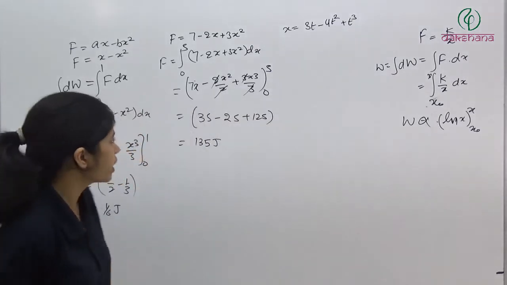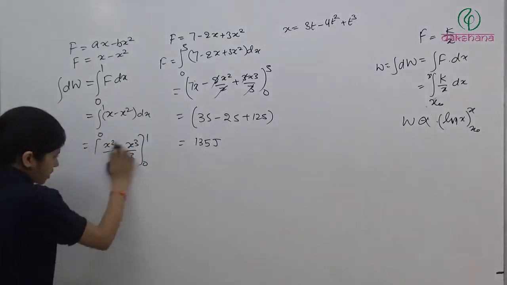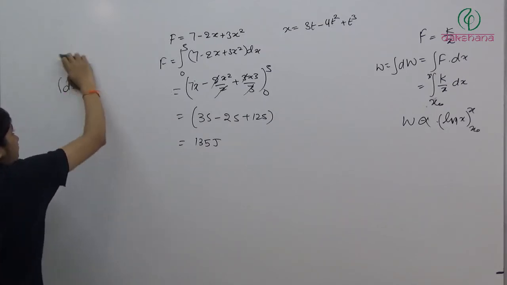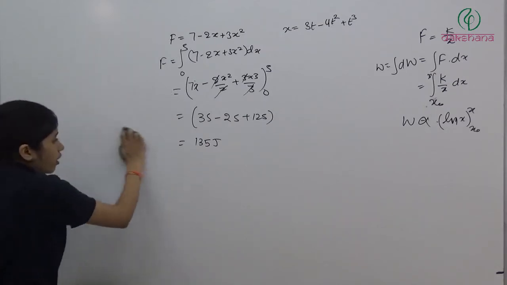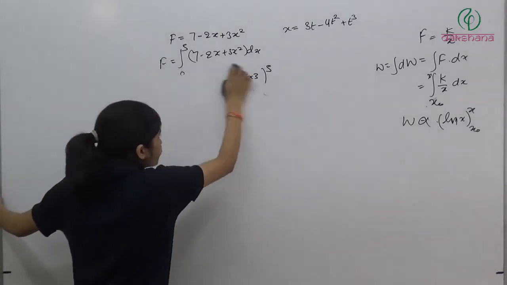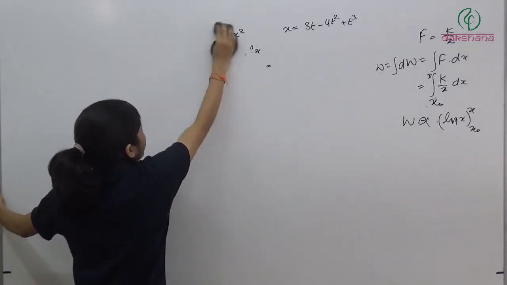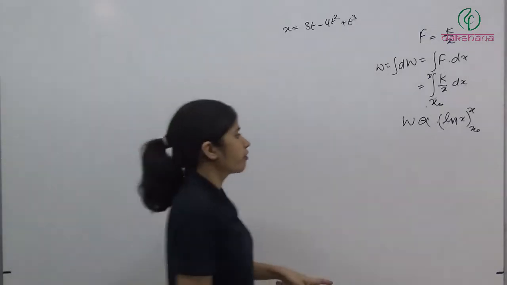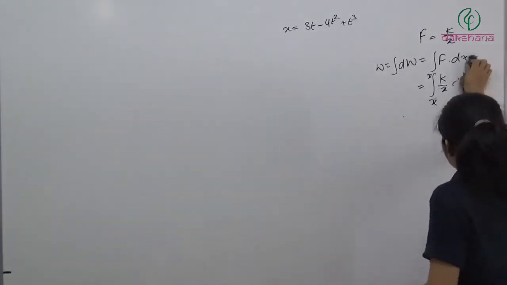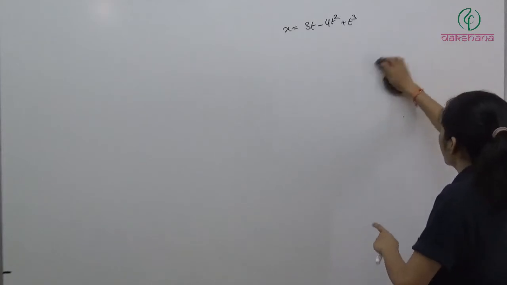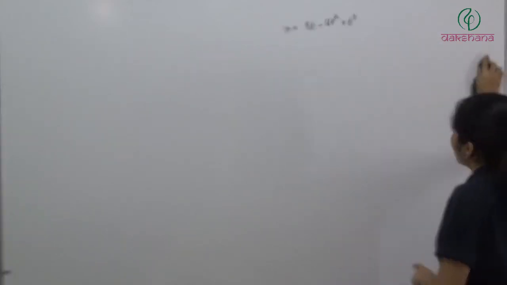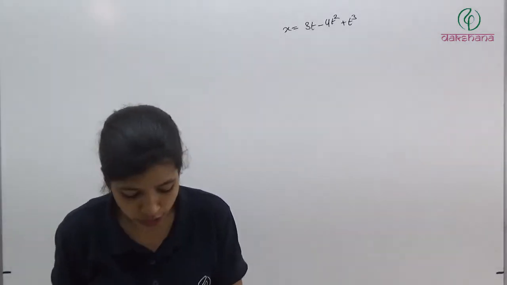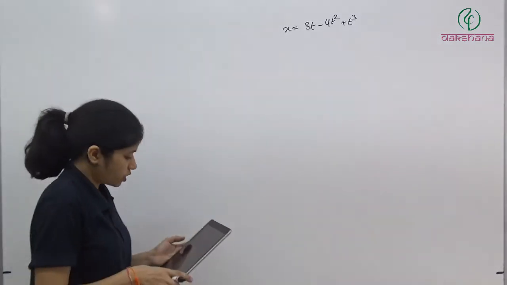In this question many people make a very common mistake. They will calculate the displacement for the first 4 seconds and just multiply force with it. And from where will we get the force? We differentiate this to get velocity, differentiate again to get acceleration. We have mass and acceleration, so we get the force. But can we just multiply the force and displacement simply? No. Why? Because here we have a variable force.